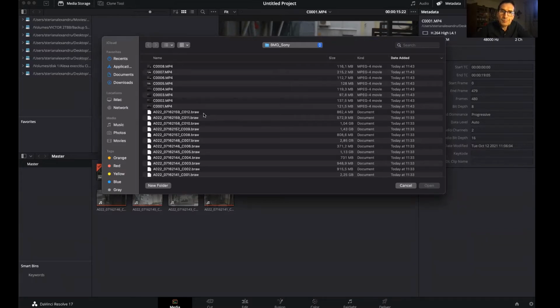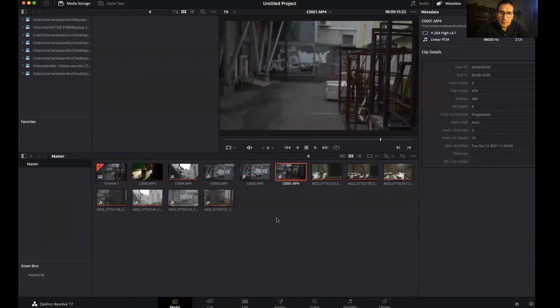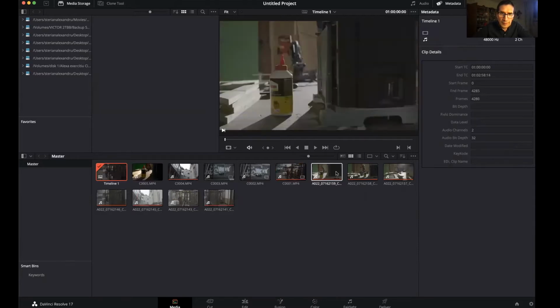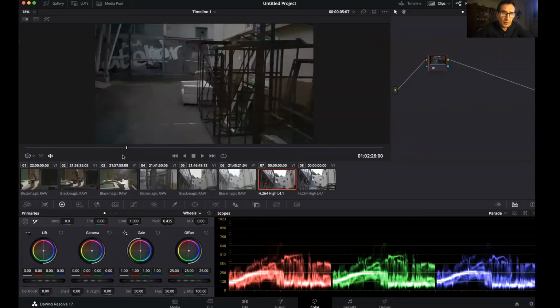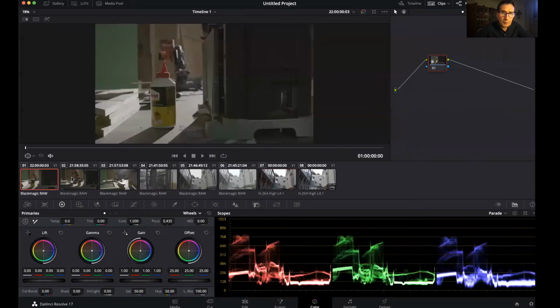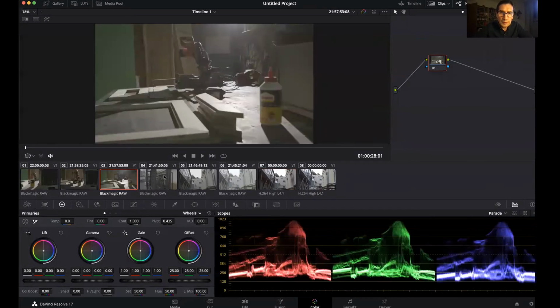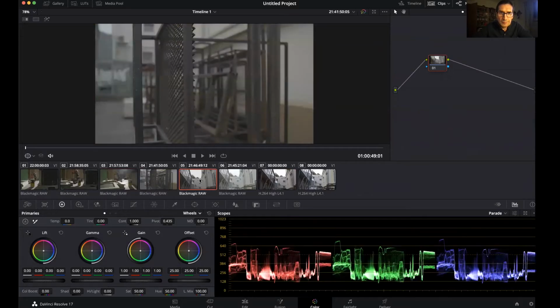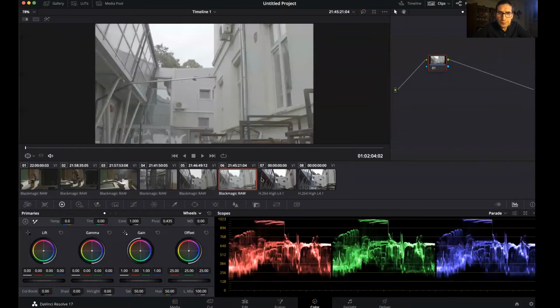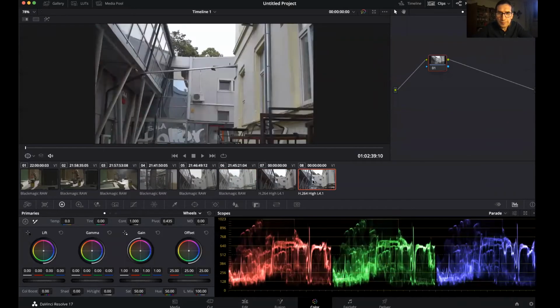This BRAW codec is the raw Blackmagic Design codec. So we have all those clips loaded in this timeline. This is the timeline we're going to use, and we go straight to the color page, where we can choose the clip we have to work on. I will choose two different